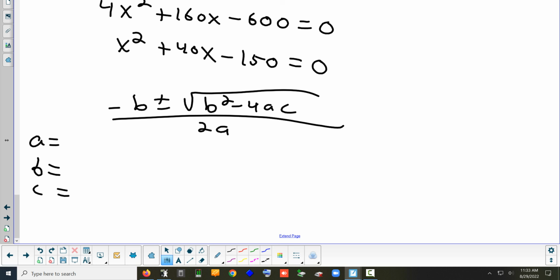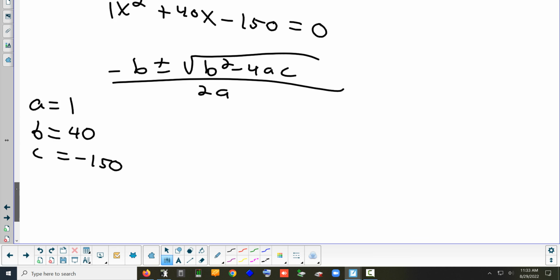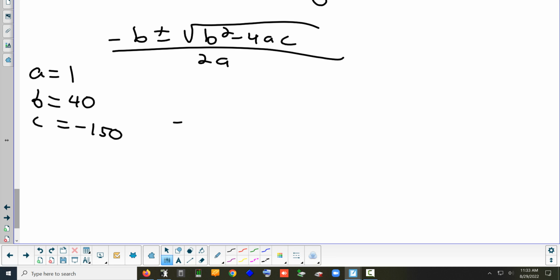A is what number? Yep, 1. B? Why is it 40? Oh, right. Negative 40. C is negative 150. So when you plug that into the quadratic formula, you're going to get negative 40 plus or minus